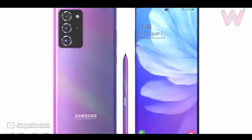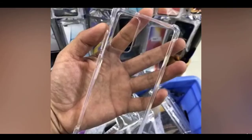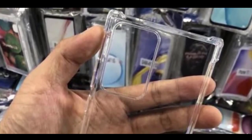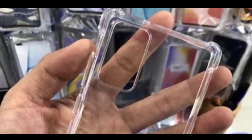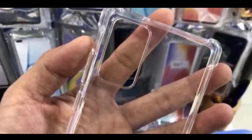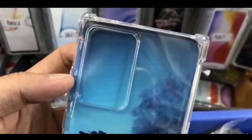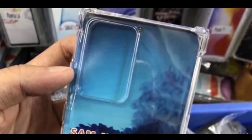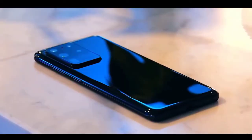The Note 20 and the Note 20 Ultra will have different camera setups and therefore the size of the camera module will be different as well. And here we have some pictures of cases of the Note 20 and the Note 20 Ultra that showcase the difference between the sizes of these camera modules. The Note 20 Ultra has a similar camera layout as the S20 Ultra, while the Note 20 camera module is comparable to the Galaxy S20 Plus. In any case, both of these are huge by all means, but the layout is less ugly on the Note 20 Ultra compared to the S20 Ultra, primarily due to the boxier design of the